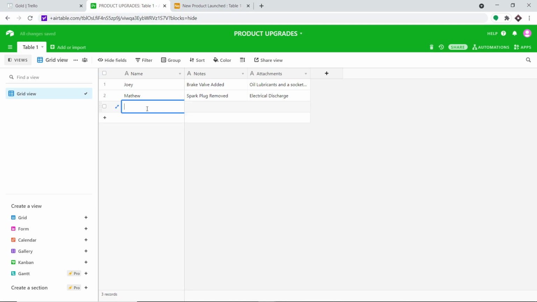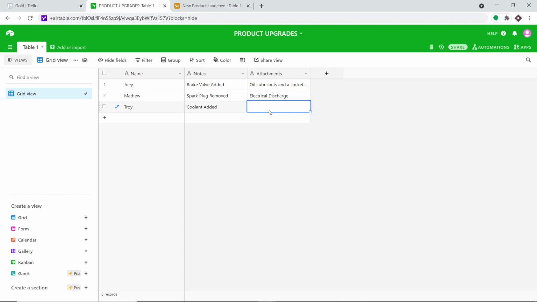Okay, so I'm going to fill in the record. The name of the guy is Troy. The upgrade he has done to the product is he has added coolant. So as you can see, this is my Airtable record, and we are basically adding a new line of record. In the attachment, basically we are going to add the description.